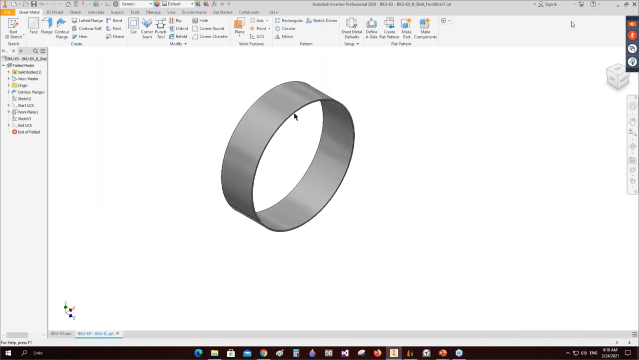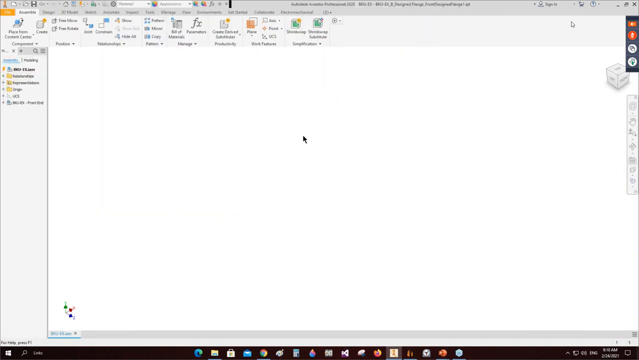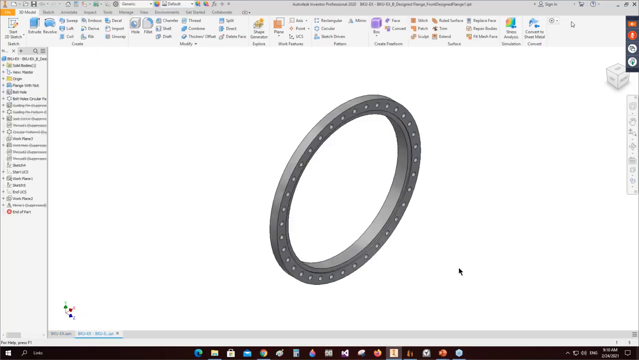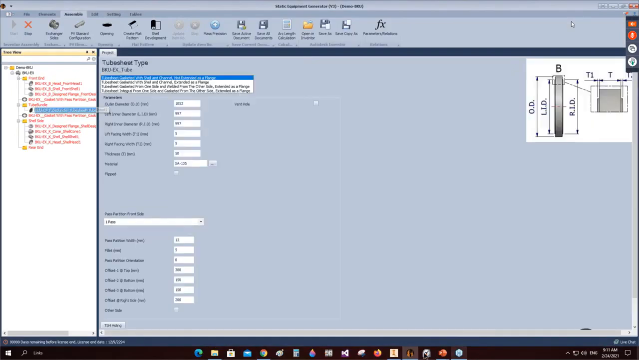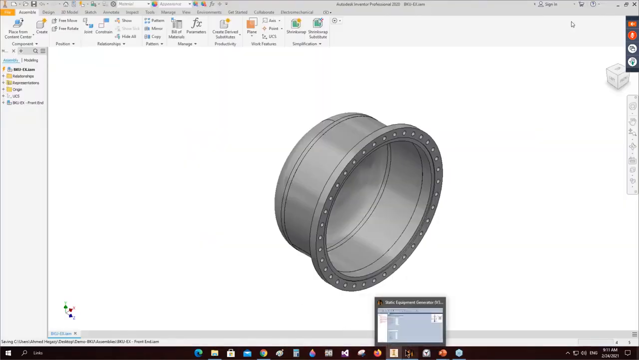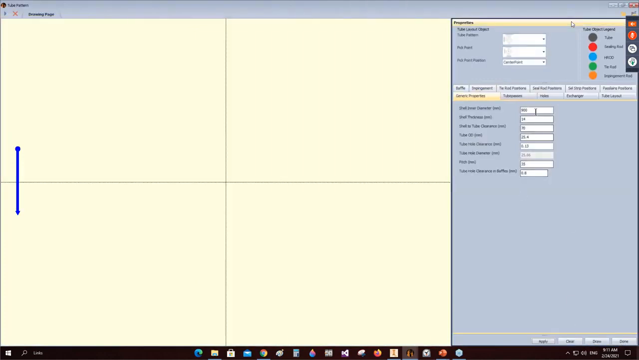Okay, so we have this bonnet, which contains the head and shell, another flange. Now let's make the tube pattern for this tube sheet during the creation of this exchanger. So let's come back to the tube bundle, and from here let's click edit and define the shell inside diameter, the clearance between the shell and diameter,